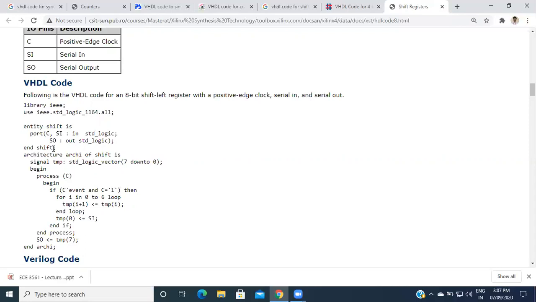In the architecture declaration of the shift register, we are using signals. The temporary signals are of standard logic vector type. In the previous one, we considered 3 down to 0, but as this is 8-bit, we are considering 7 down to 0, and begin. Then process C. Begin, if C tick event and C is equal to 1, then